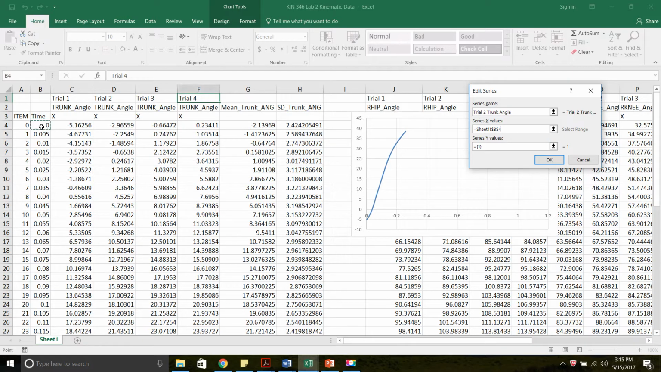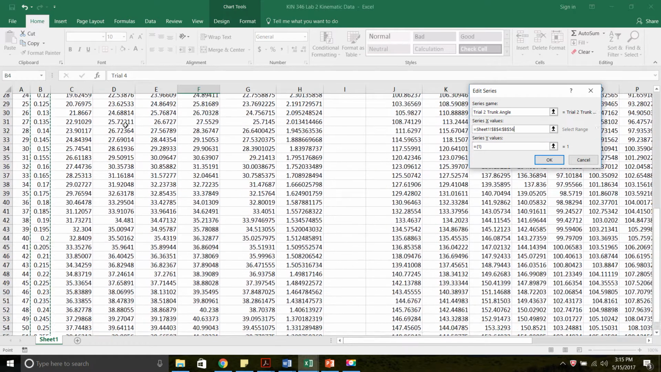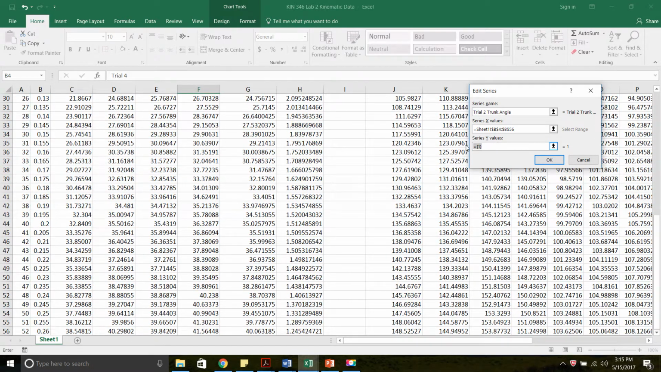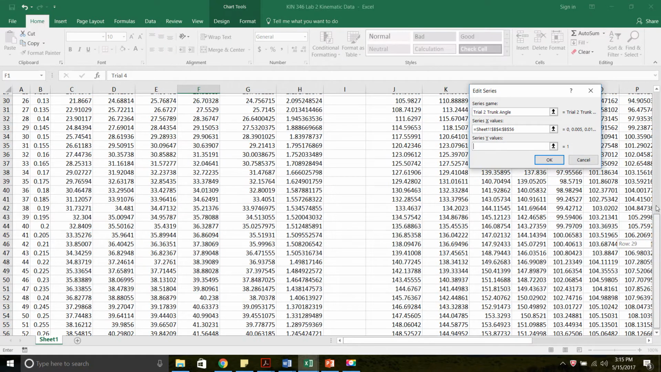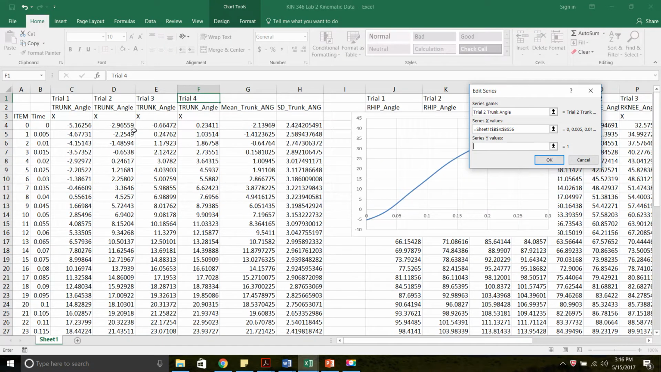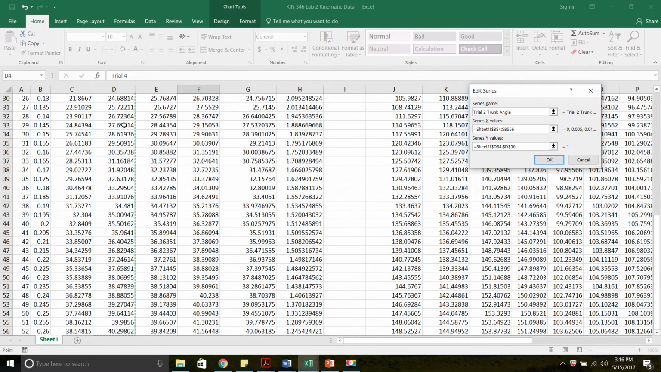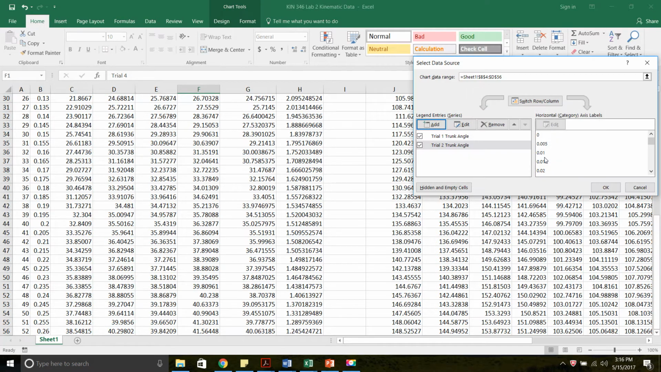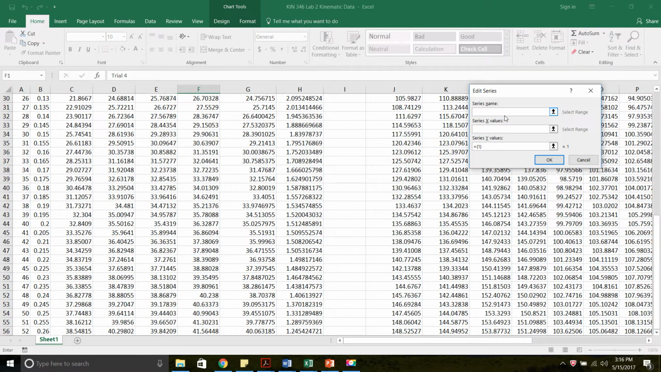Okay, we're going to put in our x values, Control Shift down, and we're going to do our y values. So we're looking at trial 2 for this one. So select all the way down. Okay, and we got a few more we gotta add here. Okay, so we gotta add